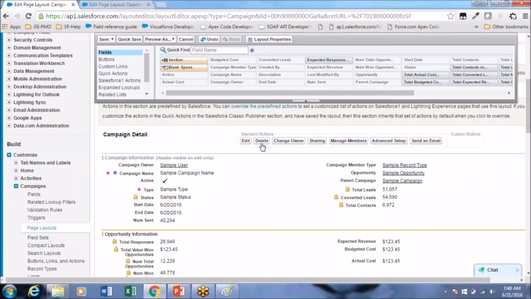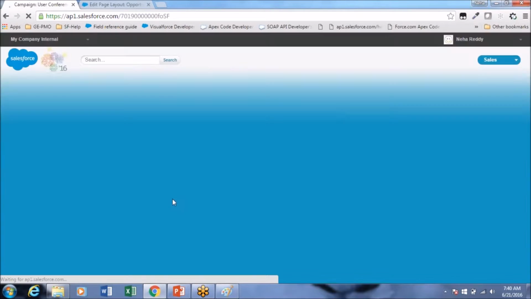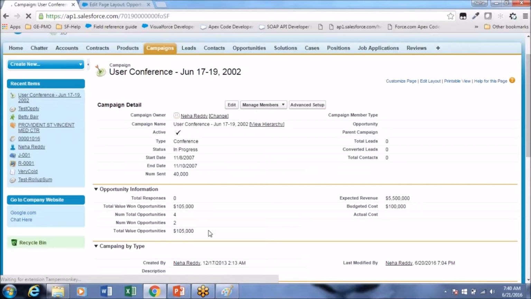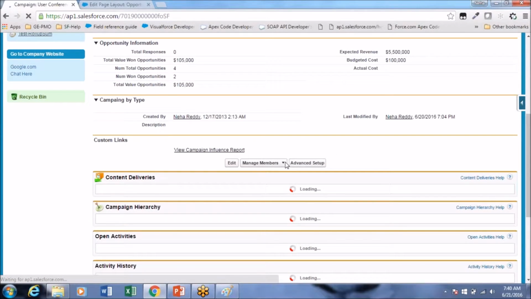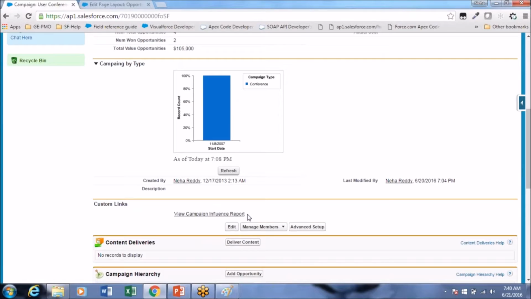I am just removing these buttons also. So save. Now when the user logs in, he will not be able to see the buttons, delete and clone. Similarly, I can remove or add extra buttons here.